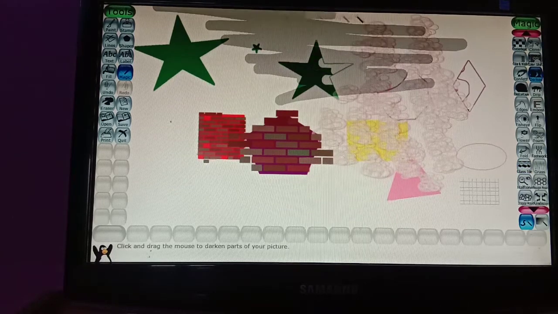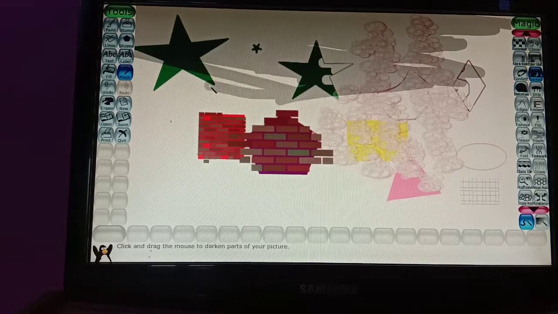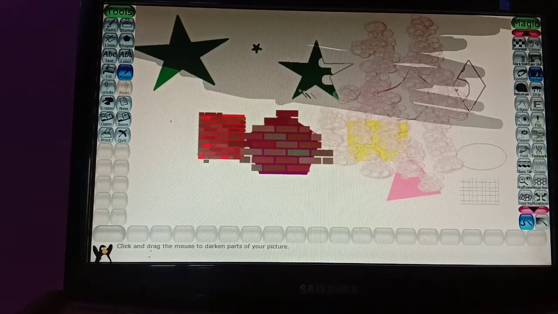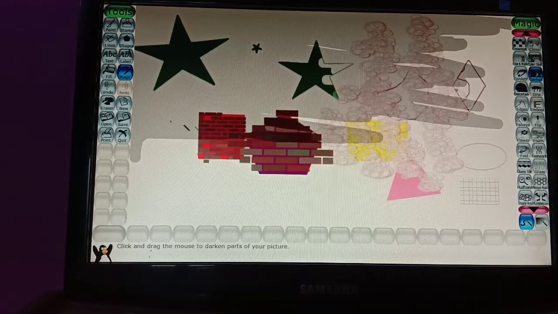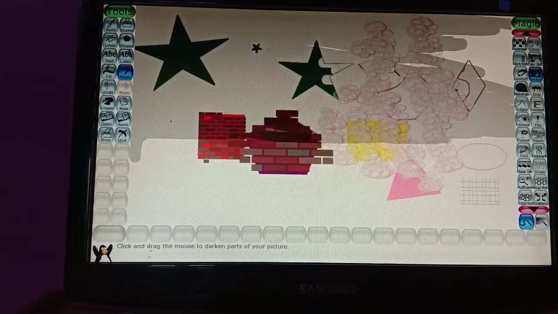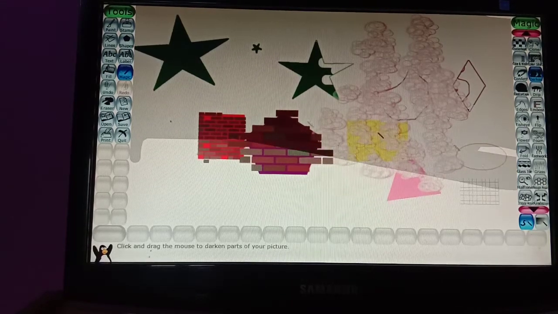One more tool is there that makes your images dark, or makes your drawing dark. If you want to darken your drawing, showing the atmosphere looking darker, like a rainy season when all the clouds are there and your climate is looking very dark, it will give you a dark effect.